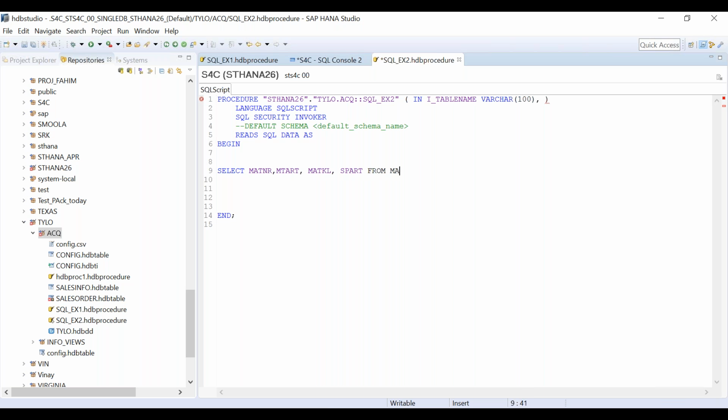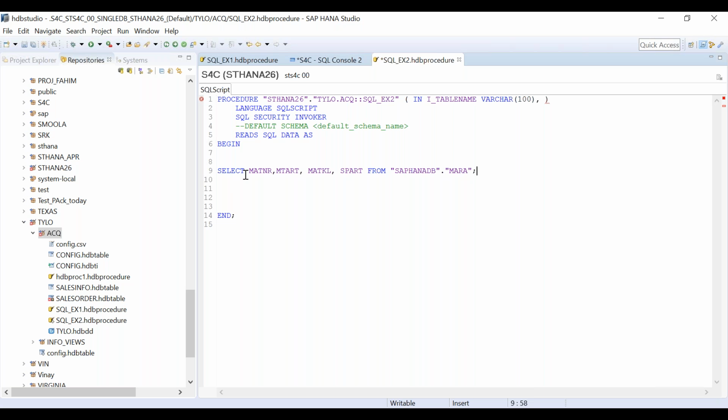From Mara. Now I cannot write Mara here because Mara is from a different schema. So it is under SAP HANA DB dot Mara, right? That's it. This is going to be my select query, not more than that.